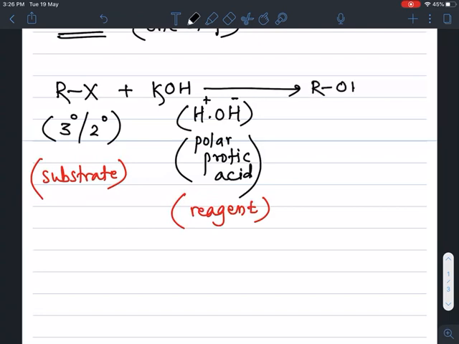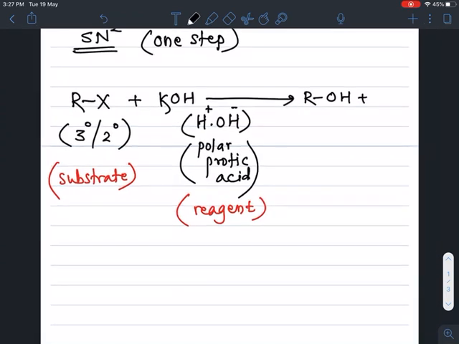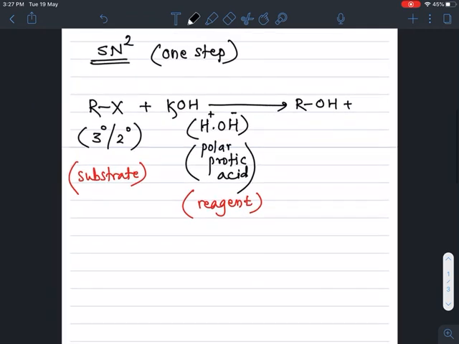X is replaced by OH. So substitution takes place by a nucleophile. So it is a nucleophilic substitution reaction, and the byproduct is KX or NaX, depending on the reagent used. You must complete the reaction in the board examination, otherwise you will not get the marks. If the reaction is balanced, then only you will get 1 mark for the correct reaction.